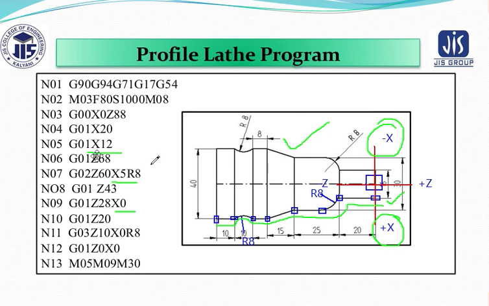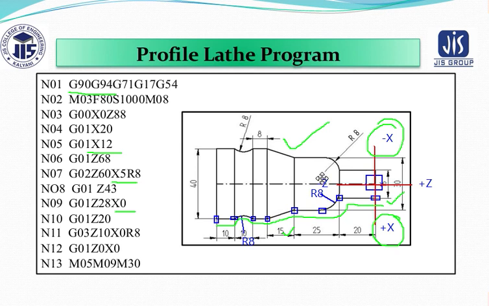And again I would like to say that G90 is always preferred because it is the absolute mode. Why are we preferring the absolute mode? There are some advantages. Suppose I tell you that you need to make some changes in the diagram. For example, I don't want to make the radius 8, I want to make it 5. Or in fact I don't want a distance of 15, I would like to make a distance of 20 here.